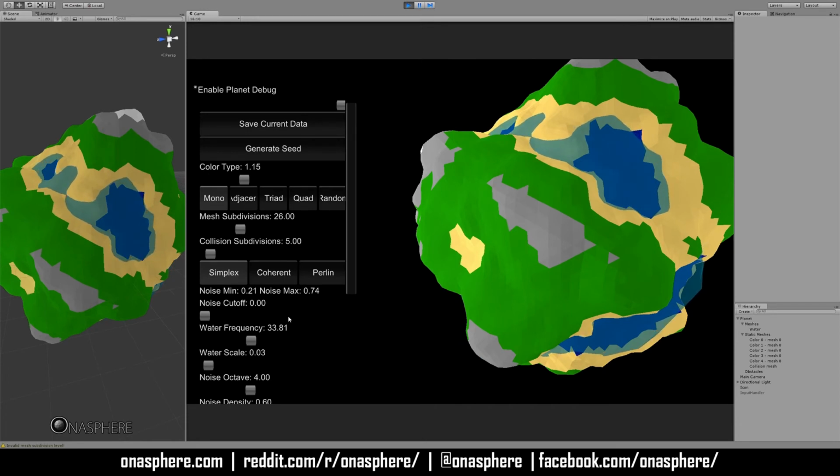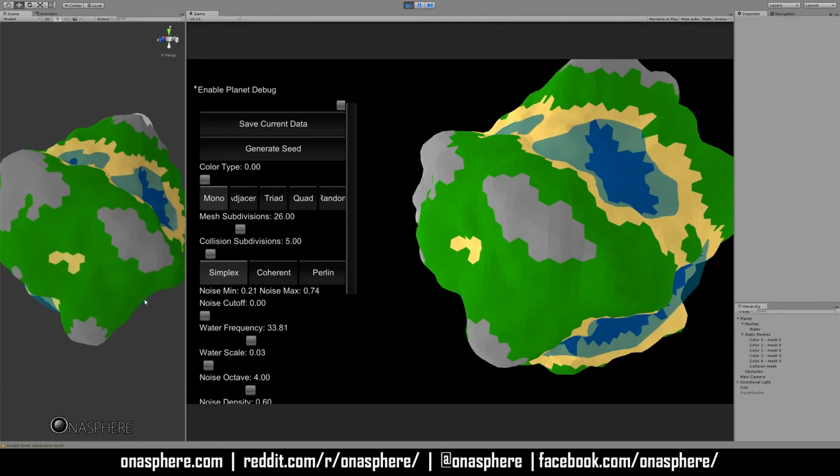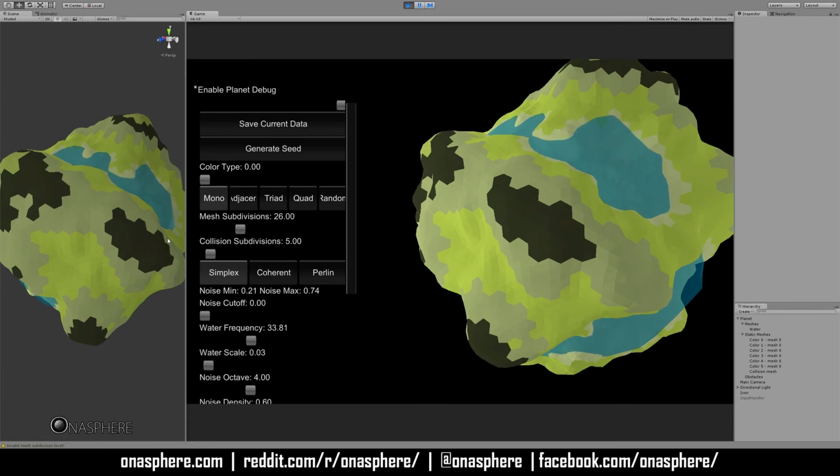So then the final thing I wanted to show here is just something that I added recently, and that's random color generation. And I thought that since the planets are all procedurally generated, it'd be fun if the colors were procedurally generated as well. And I've gone ahead and added some random color generation based on color theory. So there is monochromatic colors, adjacent colors, triadic and quadratic colors, and then just random colors. So if I go ahead and pick a monocolor, you can see that it's generated a new planet with all,